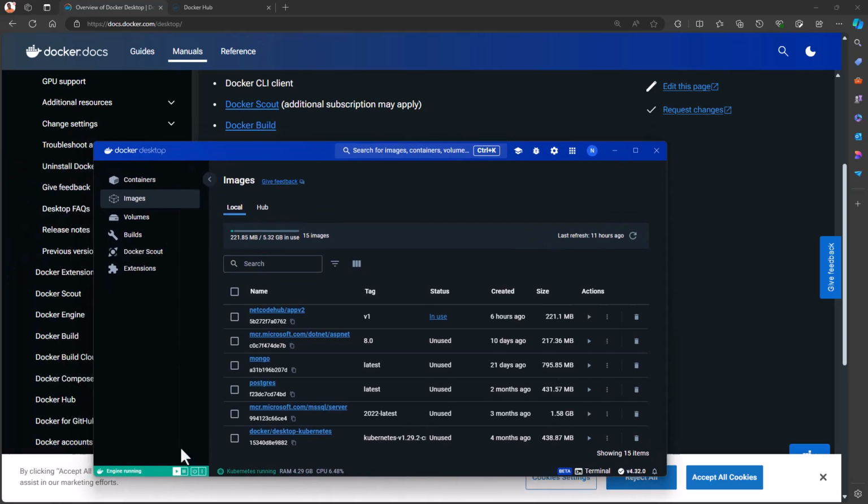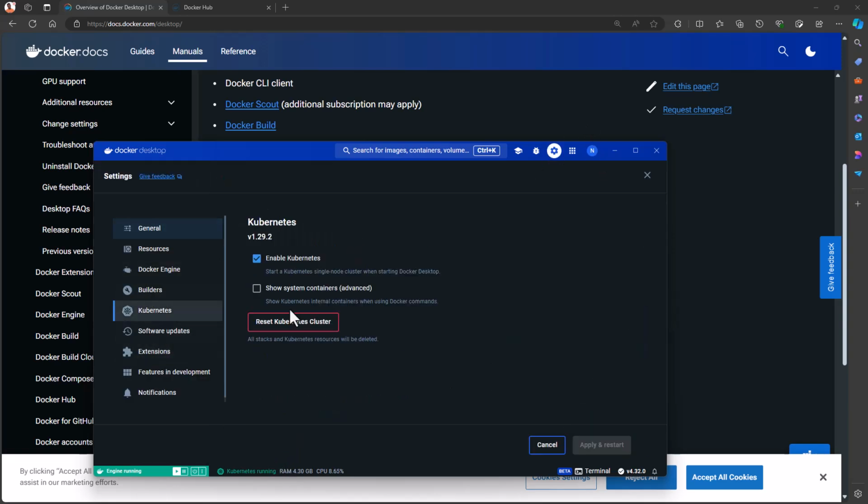And now the next thing that we're going to do here is, Docker Desktop supports Kubernetes. So we have to enable that, and I'm going to check mine is running. To enable yours, go to settings in here, go to Kubernetes, and make sure you turn this on. That is all that you need to do. If you don't turn this on, you're going to have an issue running this, because that is what you're going to use to run this application. Alright, so now we have this set and done.